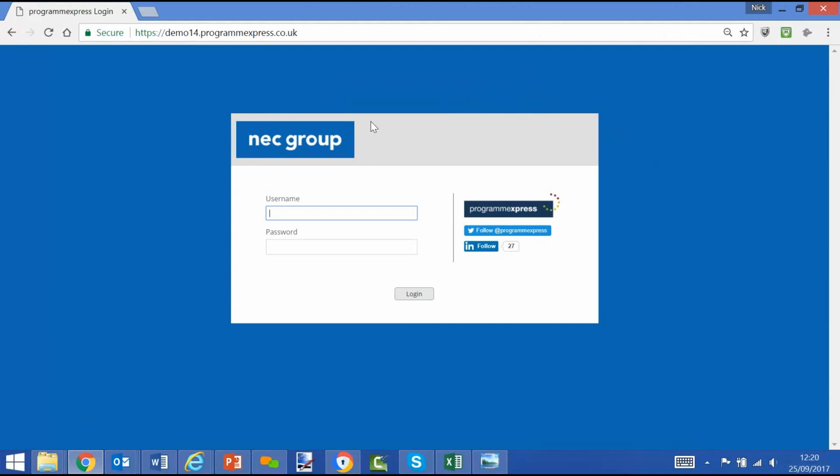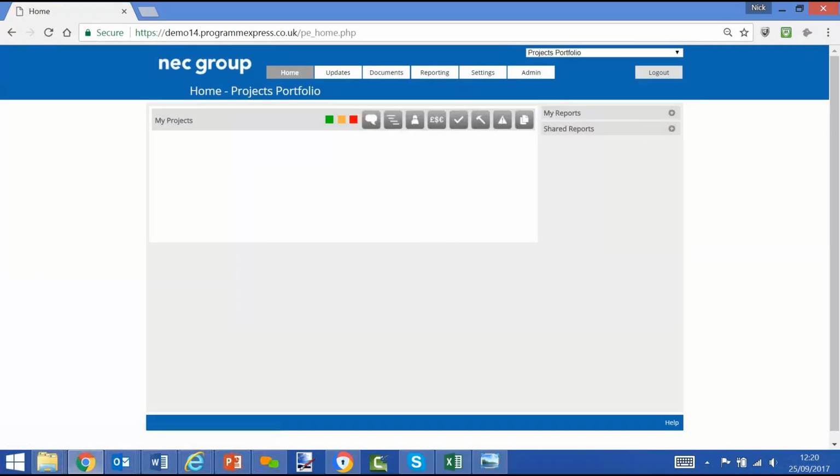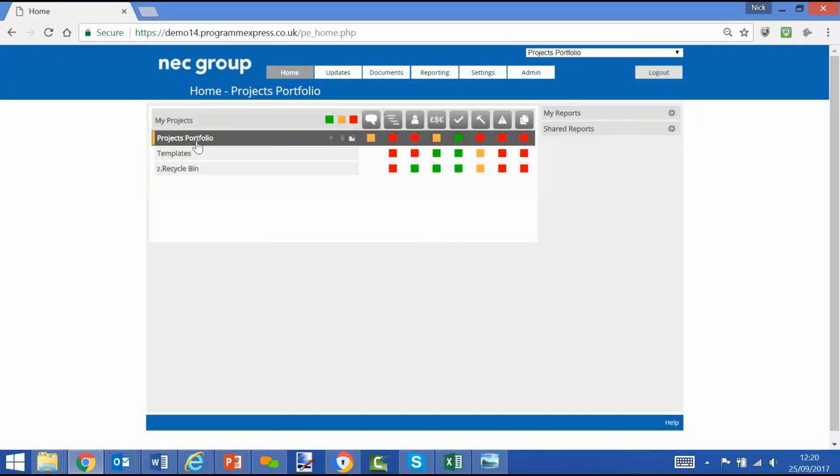the NEC Group. And this is the login page, and we're going to log on as an administrator, and you can be an admin, a read-only user, or a write-access user. The administrator can see all the projects and see all the modules, and we go into our home screen and